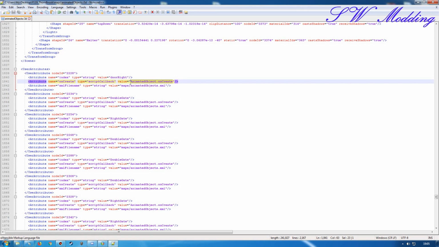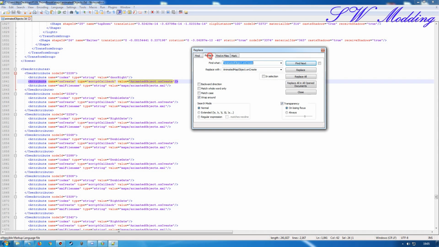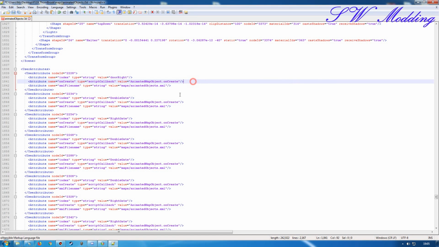So what I'm going to do is highlight all of that, Control F, go to replace, and you can see I've already done this. So I've got animatedObject.onCreate, and I'm going to replace that with animatedMapObject.onCreate. So all I do here is just with those selections go replace all, and now what I will have is